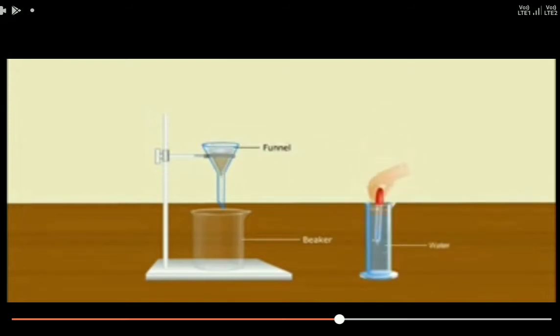Next, we have to take the water. See here, water, how much? Can you see the measuring cylinder? It has measurements. How much water are we taking? That we have to calculate. Understood? For example, if we are taking about 20 ml of water, what is the initial volume? 20, we are taking 20.